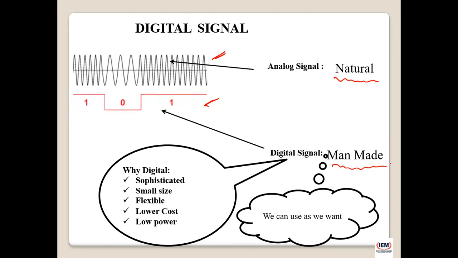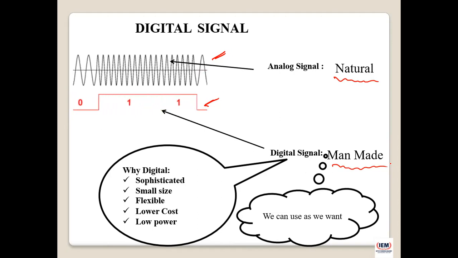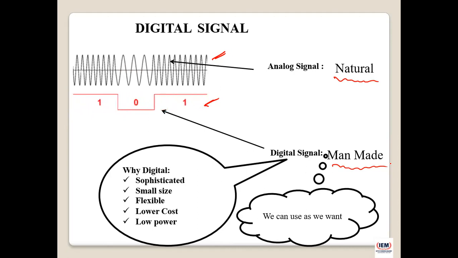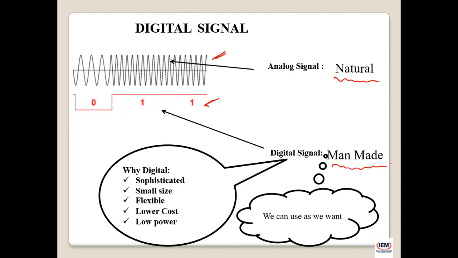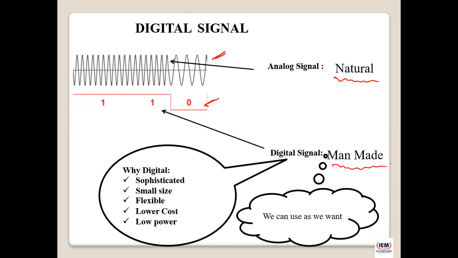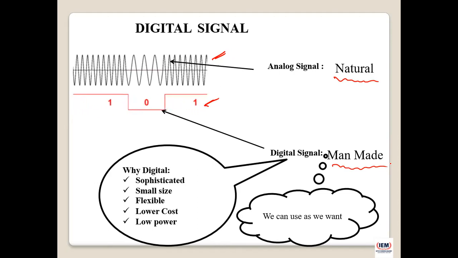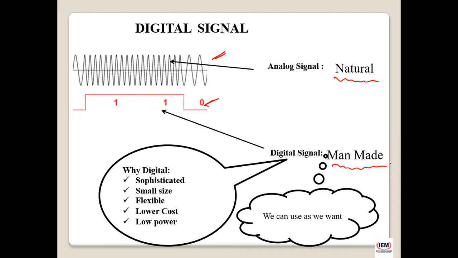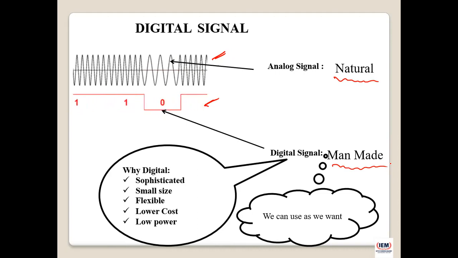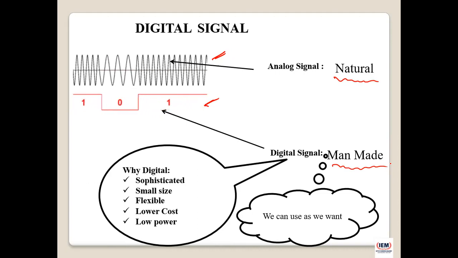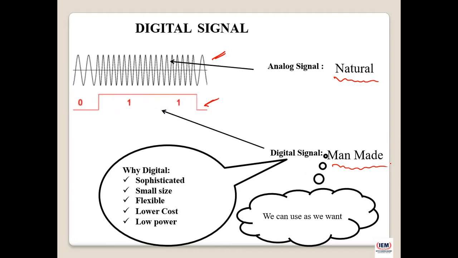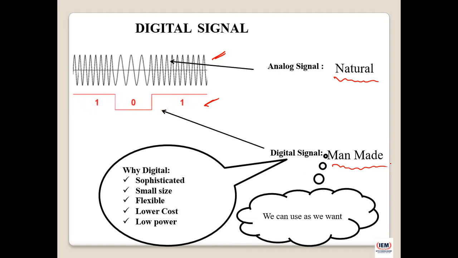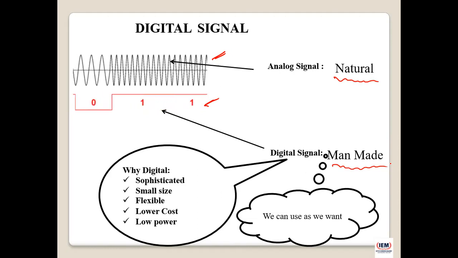So whenever the circuit or something is man-made, whatever we want depends on us, and depending on that we can change the circuitry. That is the reason we can also say this is more flexible, low cost, and obviously low power. So a lot of examples are there. Your mobile phone, whatever you are using,